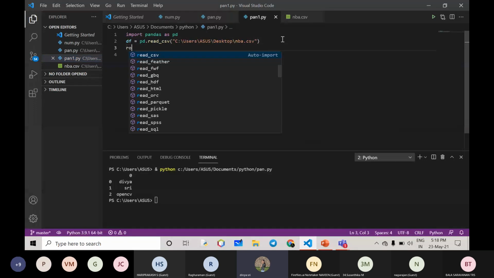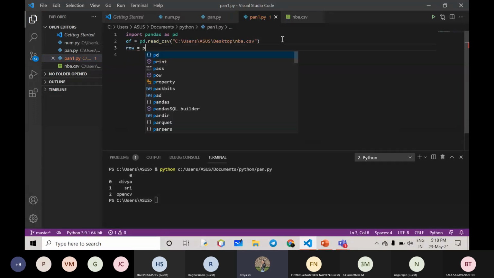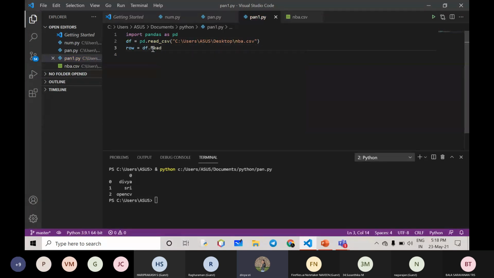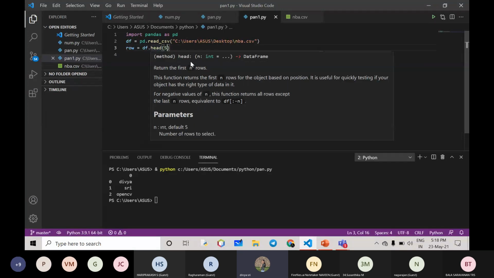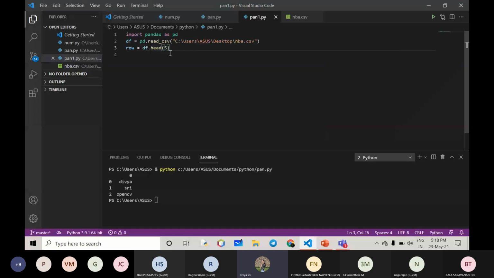So let's create another variable as row, and we are calling, no, we are not calling this because the file is in the df variable. So we are just calling this df variable, and there's a function called head. We are asked to return the first 5 rows, right? This head function returns the first n number of rows. So if you give 10 or 15, the first 15 rows will be returned in an organized format. So if you print the row, the expected output will be,